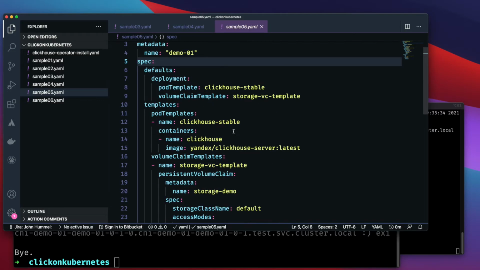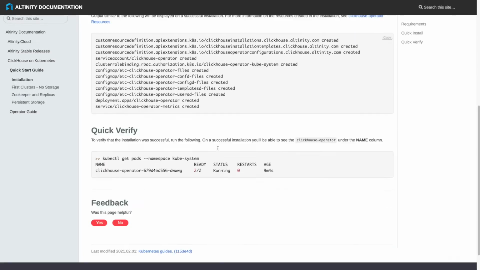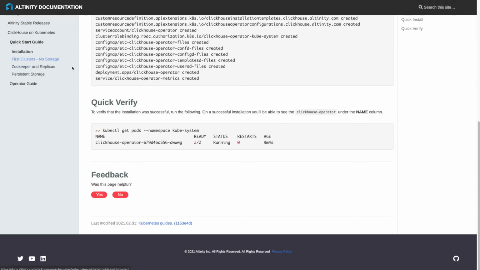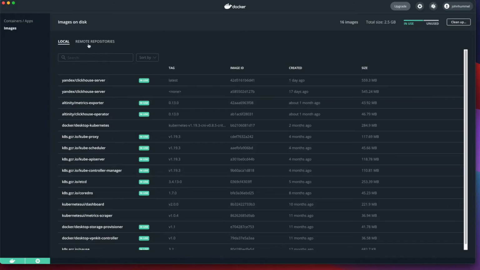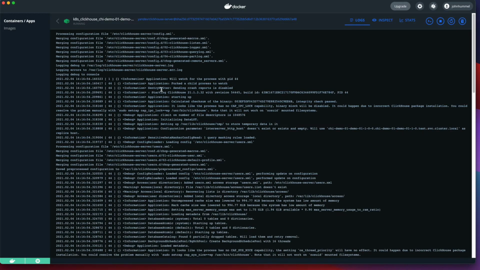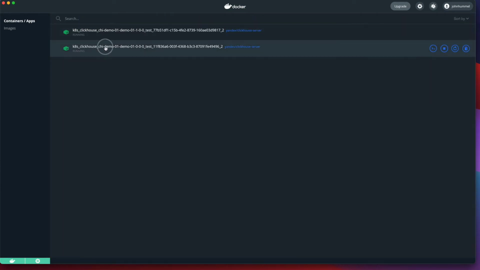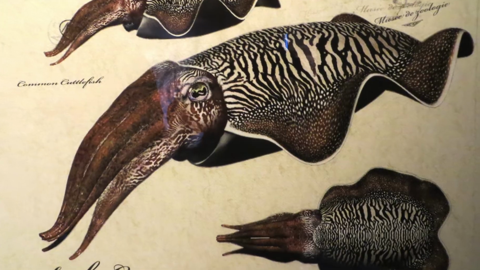We're going to build on our previous examples. If you need a refresher, go check out our other videos where we set up our cluster and replicas, or view our ClickHouse and Kubernetes guide on the Altinity documentation site, which includes code samples you can just copy and paste into your system. As a reminder for those coming from the other videos, we're running Kubernetes through the desktop Docker install on OS X, but the commands should translate to your particular environment. We'll be relying mostly on kubectl commands with our friendly mascot, Cuddles the Cuttlefish.